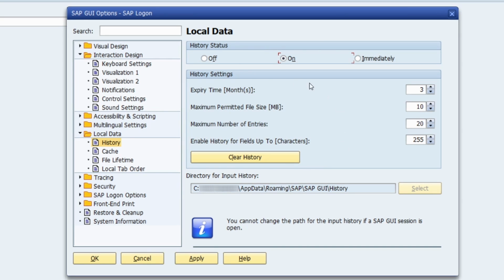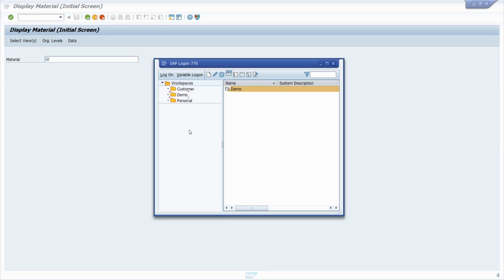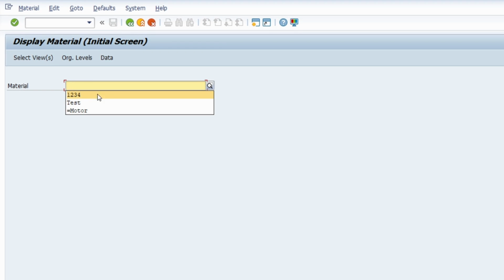If you would like to make some changes, then with Apply and OK, you have changed your settings for your history. But you don't have to delete the whole history. For example, if you would like to delete one specific entry in the history, you can use a little trick. You can use the delete key on your keyboard to delete one specific entry in the history,